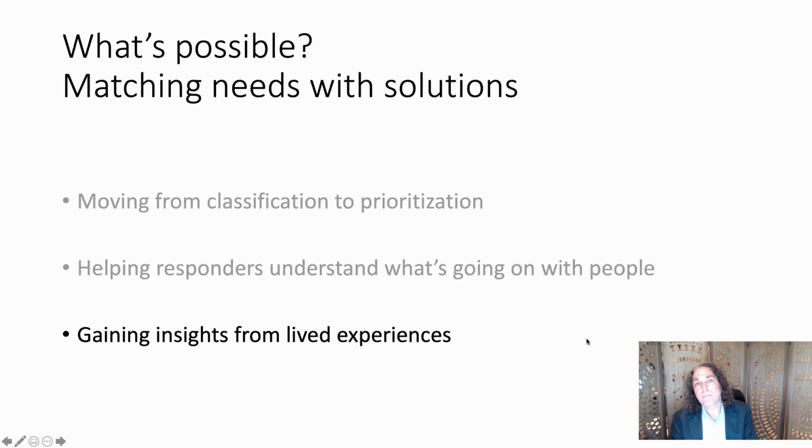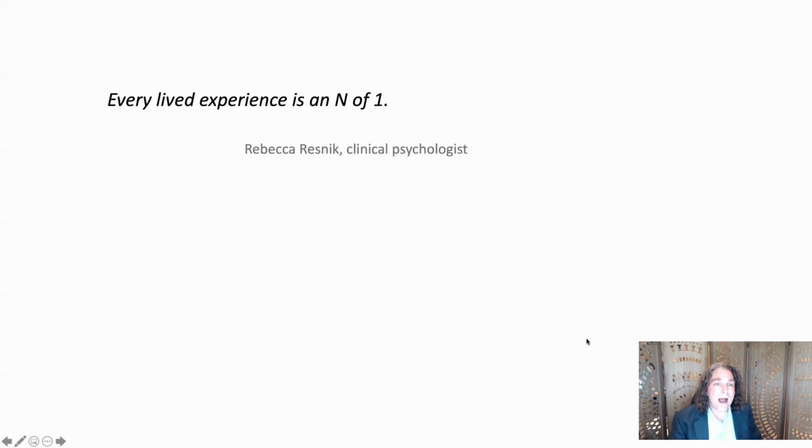A similar kind of approach can help us gain insights from lived experiences. And so I want to tell you another quote from Rebecca Resnik, clinical psychologist. She commented, every lived experience is an N of 1. What does that mean? Everybody's lived experience is unique. We need to take lived experiences into account, but on the other hand,